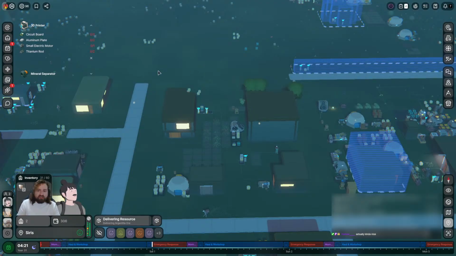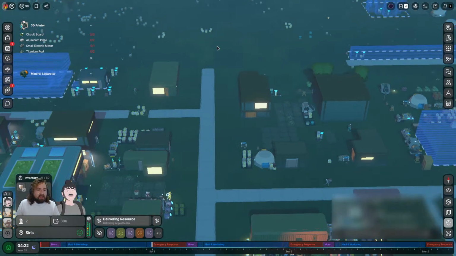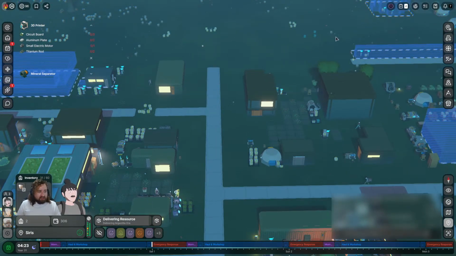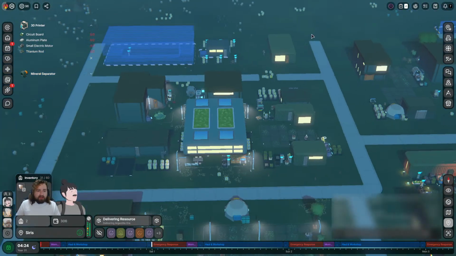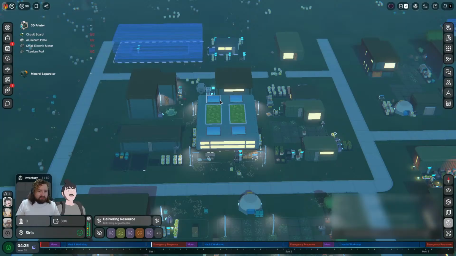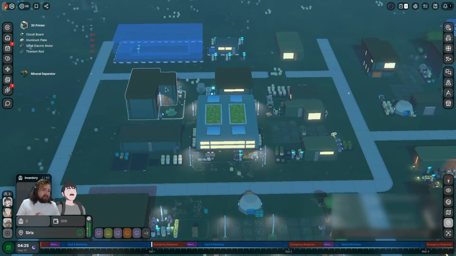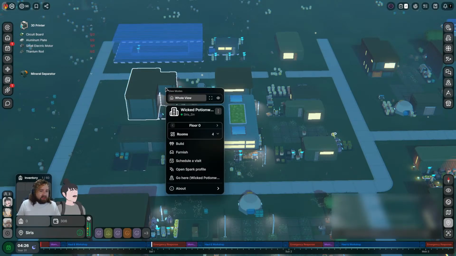But if I just drag the resources over and hit confirm of self delivery, then my workers inside my wicked potion works, aka the wall, will be prompted to haul those resources over to the wall.